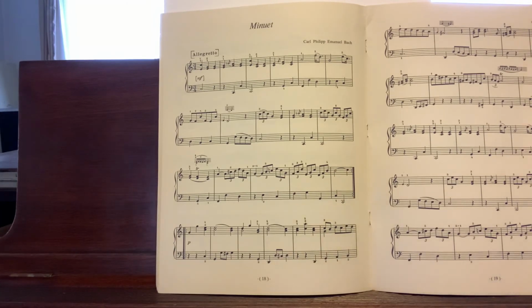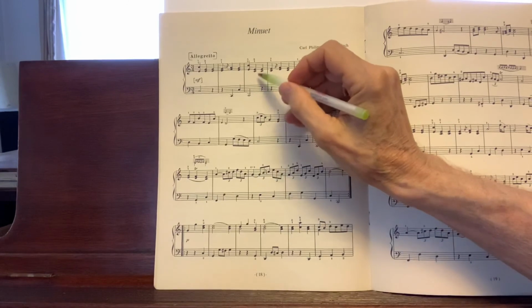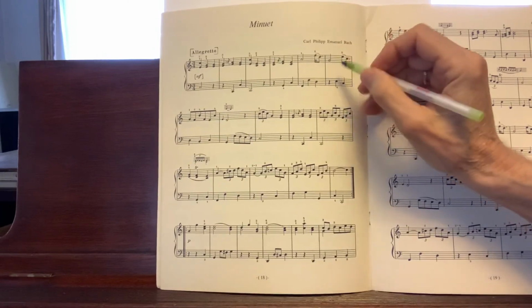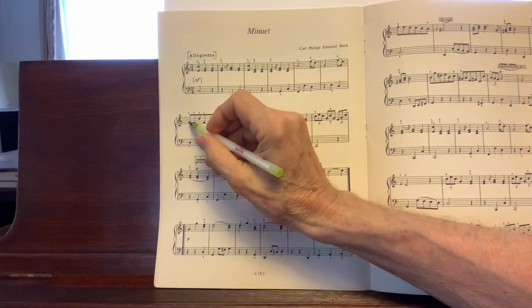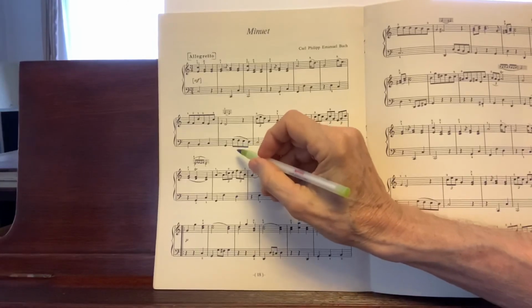So right within that 8 bars, I see a minor sixth, thirds, thirds, thirds, sixth, thirds, thirds. Then I have a jump of a sixth, jump down a third, jump down a fifth, up a sixth, down a third. Here I start on a G, I go down a second, up a sixth, down a sixth, down a second, up a sixth. And then, right at the end,